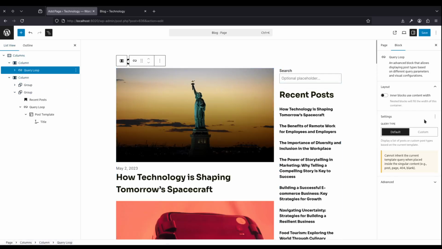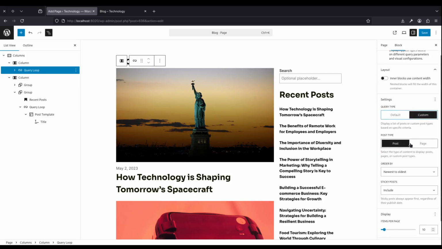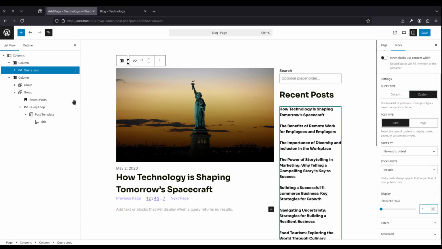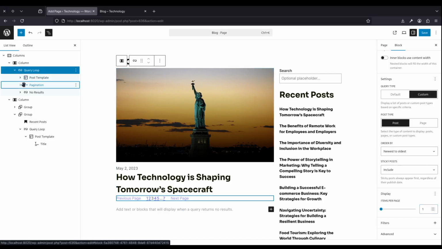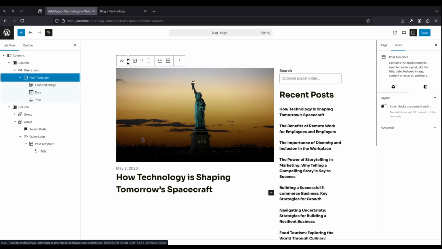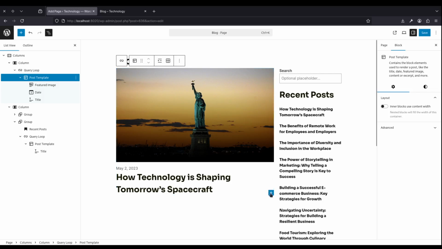So if we change this query type to custom, and we want to fetch a single post like so, and we can remove these elements, so you can add in the posts element from here,